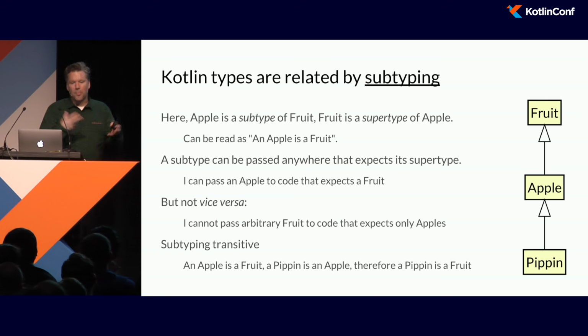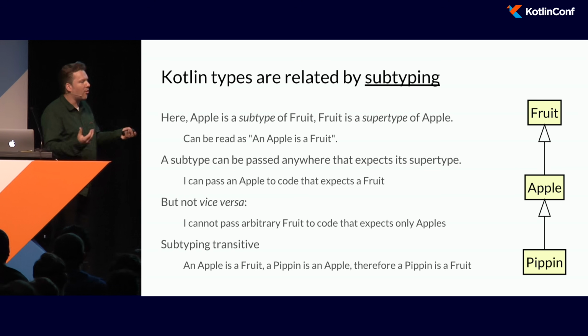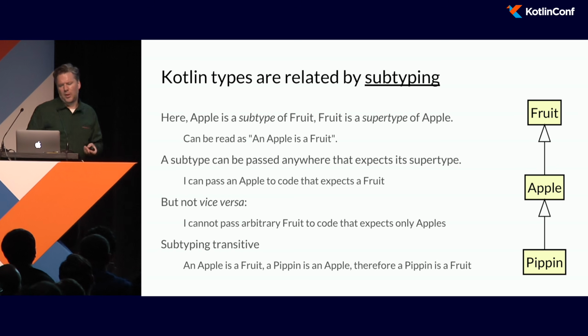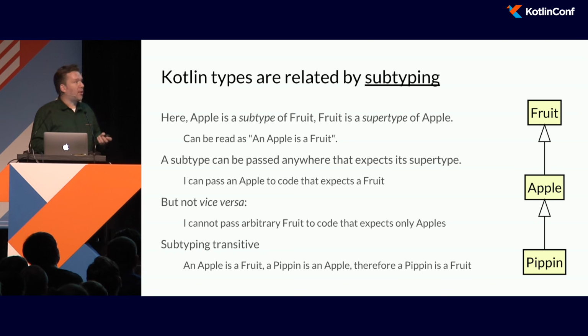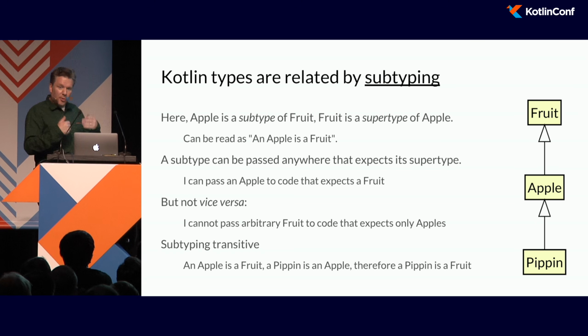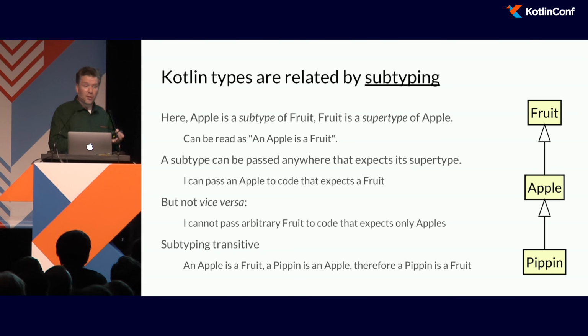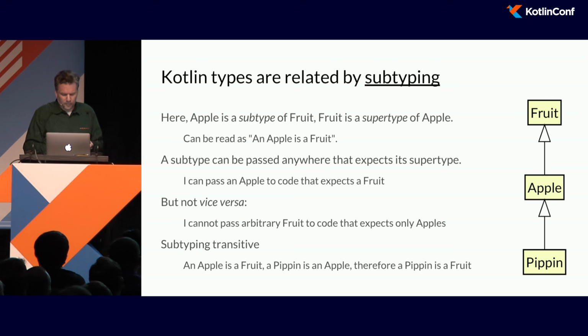So when you're talking about code and the type model of your domain model with other programmers, you can say an Apple is a Fruit, and that is basically saying it's a subtype. It's the L of SOLID. So subtype relationships are introduced by subclassing, but they're also introduced, as we'll see, by generics and by nullability and other features of the language.